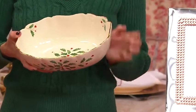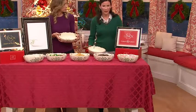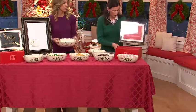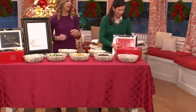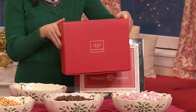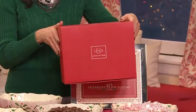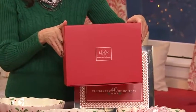And Stacey, I forgot to mention something so important. It comes in this wonderful red box here. I'm going to move this sign. That's very important, because if we're gifting this, how are you going to put something so precious? Exactly. This box is amazing. It's a beautiful, sturdy red box. So all you have to do is put a bow on it. You're going to want to let that Lenox name show when you give it. Also, if you're keeping this for yourself,